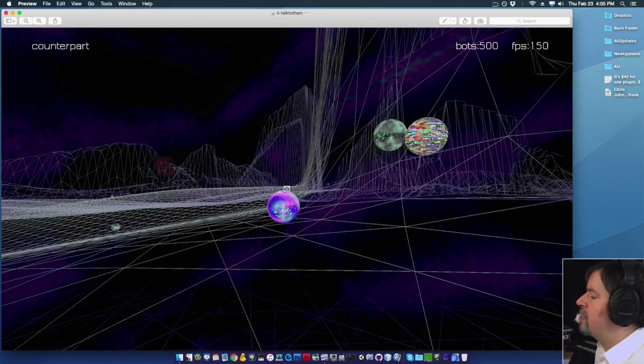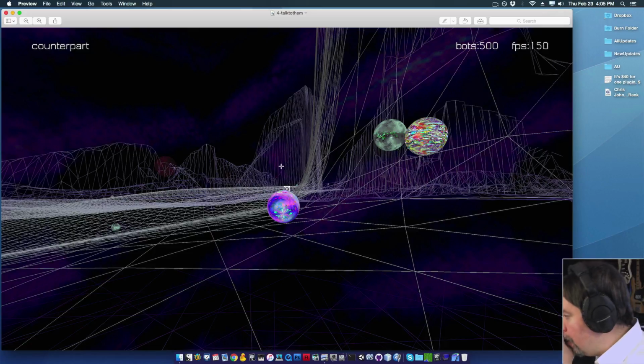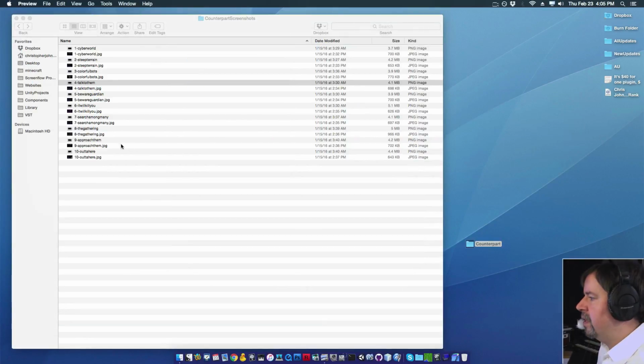So the way these guys work is we shoot at them. You can see that I have some of the features of Counterpart in place. We don't have the wireframe stuff I ended up doing, but we do have a slight fog effect here. When you shoot the zaps at these guys, they will correlate the image,